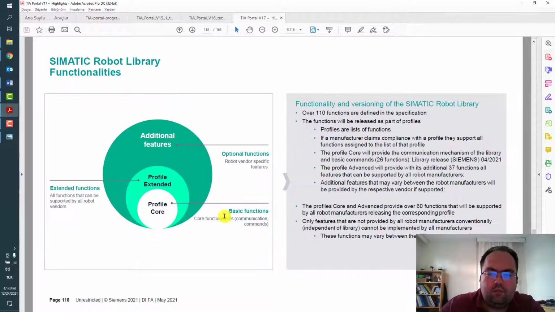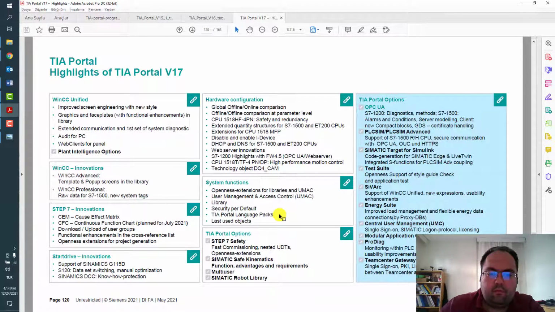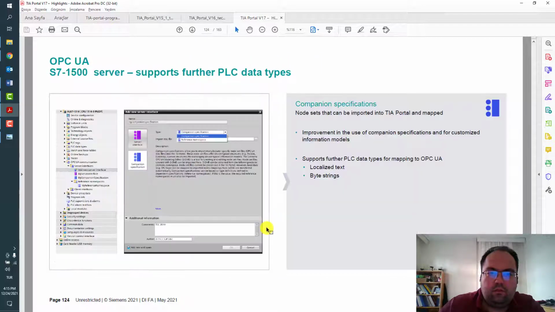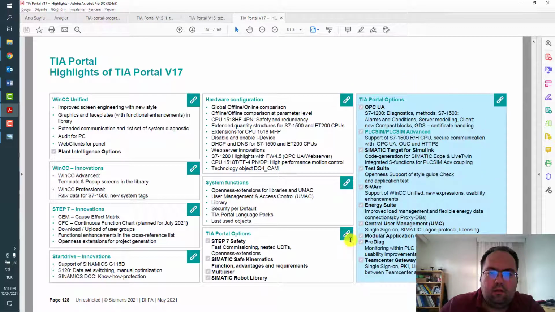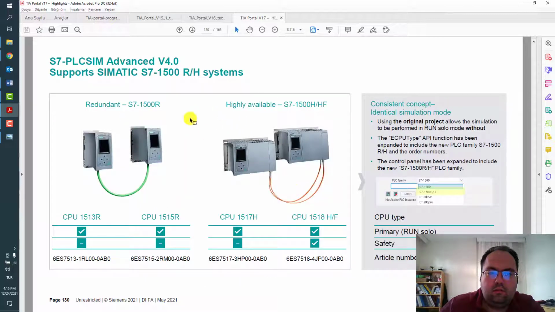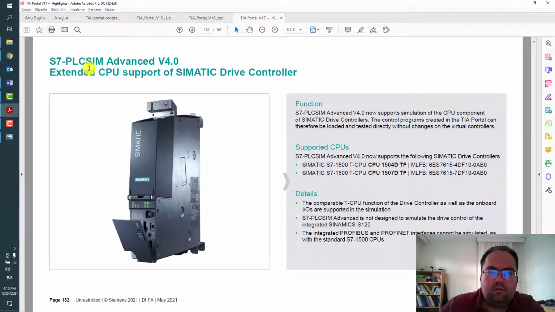There are some basic functions and additional features for motion control of robots, licensed library, extended range of functions, OPC UA, and highlights for other options, improvements in PLCSIM Advanced, supporting the new SIMATIC Drive Controller simulation.